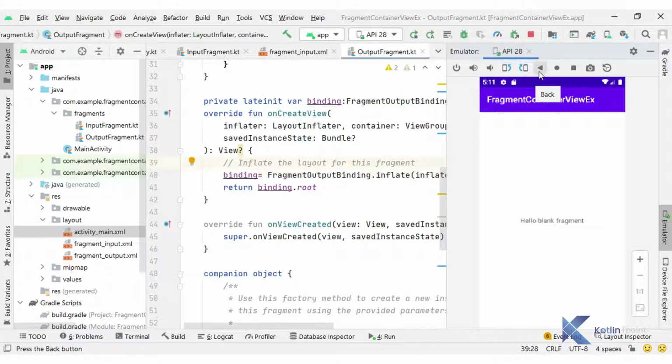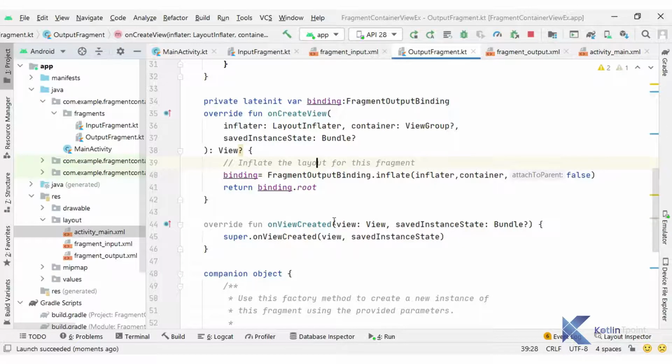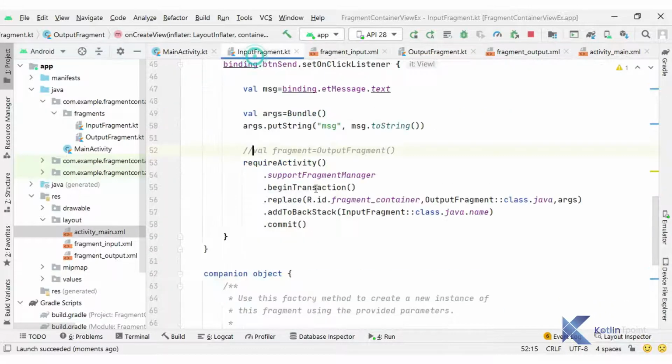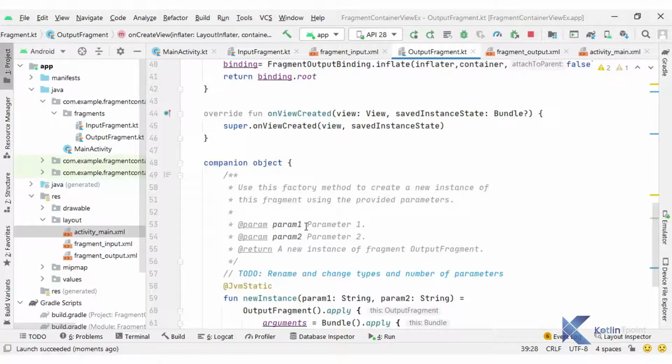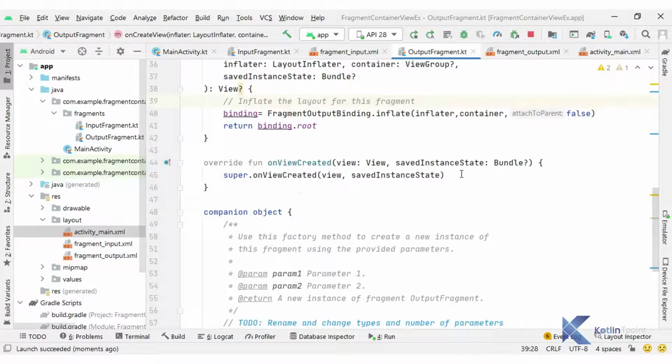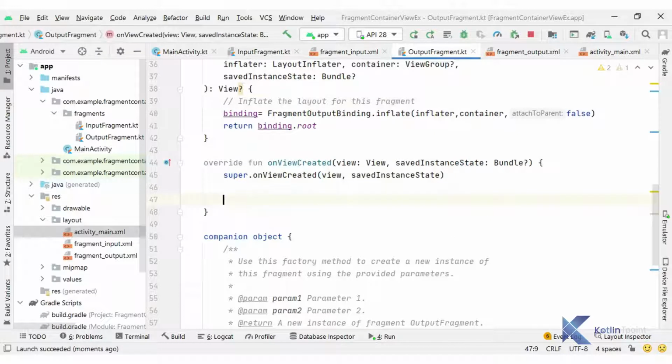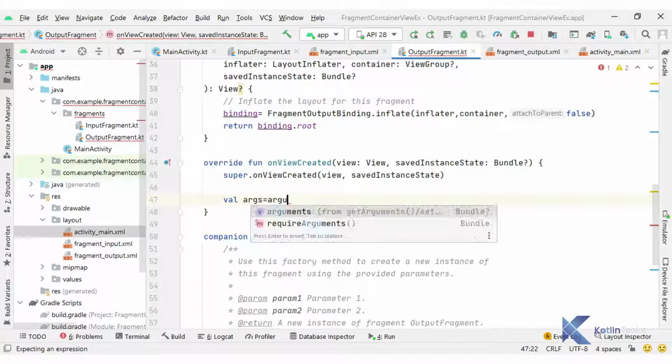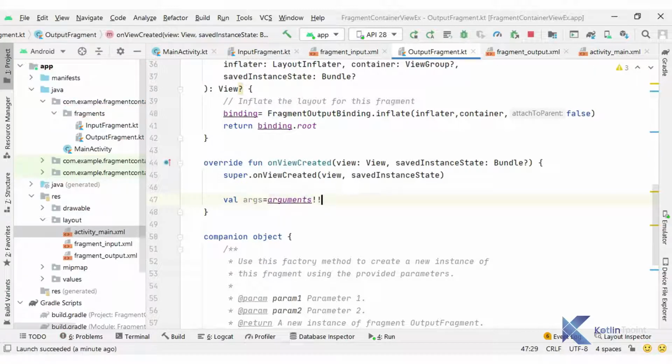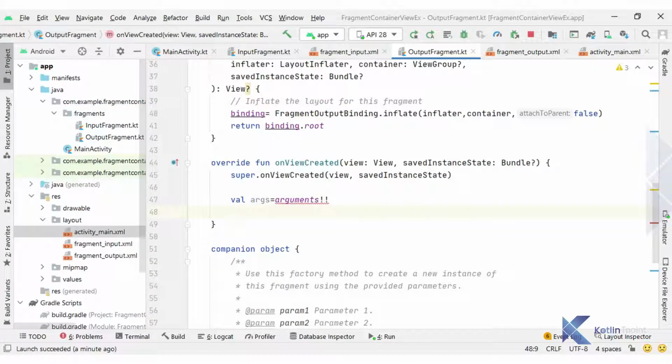If I click back, then again we are back at the input fragment. So we pass our value from the input fragment to the output fragment. On the output fragment, we can receive the value as well. Inside onViewCreated, I will have val args = arguments, and from the args we can get the value as well.